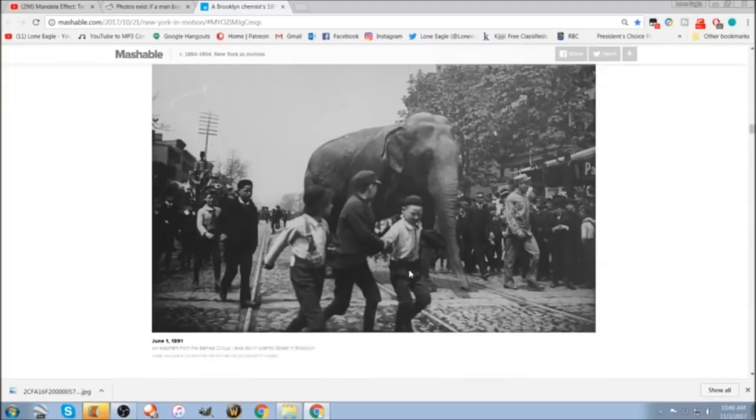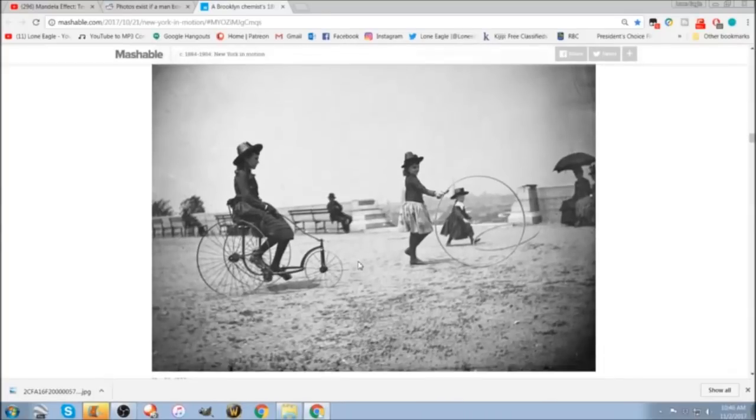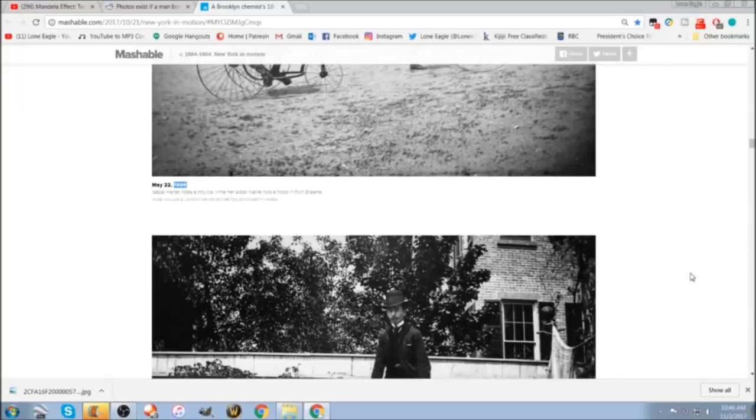But again, these kids are clearly moving fast. They are not just standing there. So this little girl's loop is now dropping. It's doing that thing, that loop, you know, and rings drop and go wah, wah, wah. So that's moving rapidly, and this girl's pushing it, obviously, moving. She's on a bike with spokes that are spinning, but no blur. 1886. Guys, what is going